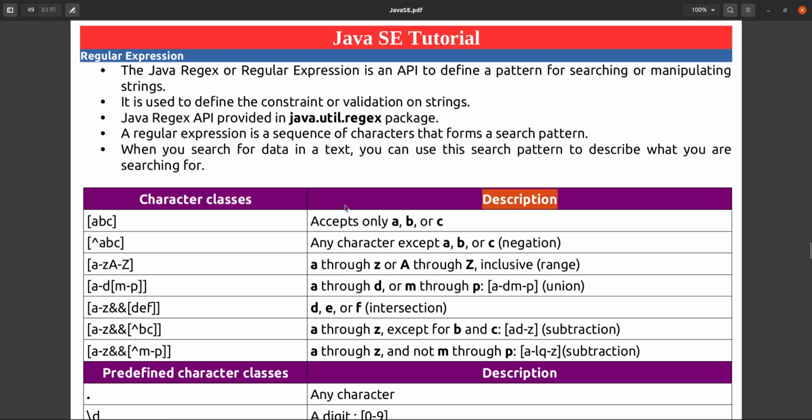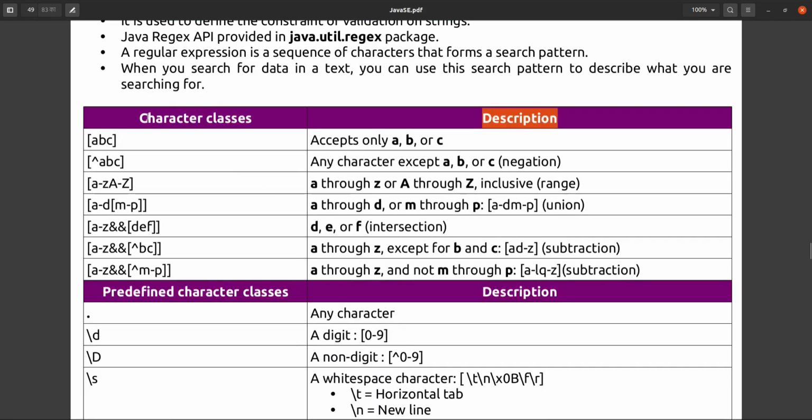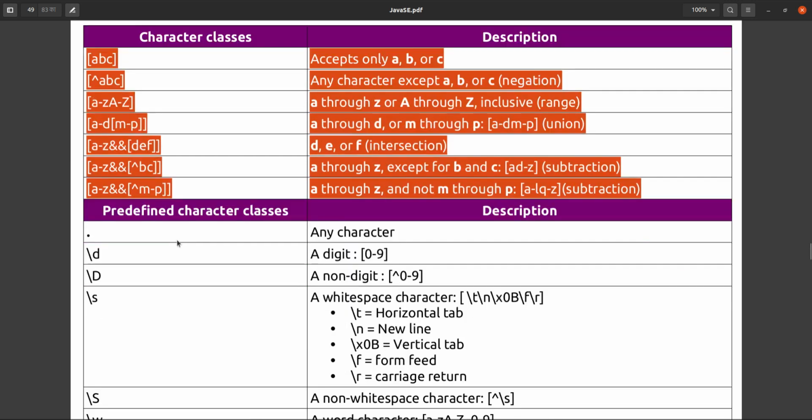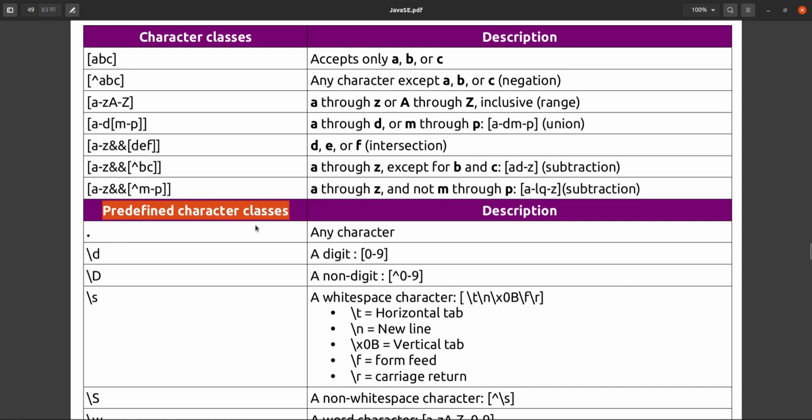One character we are accessing, and for that one character we are making the regular expression and we are validating against that input. Now suppose some predefined character classes are also there, like this dot means any character that we will see.